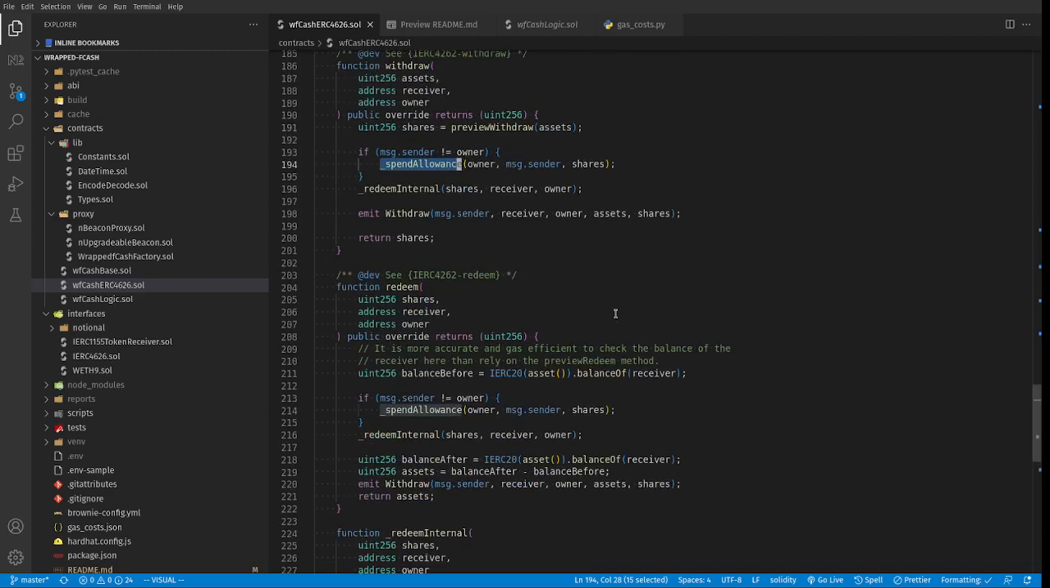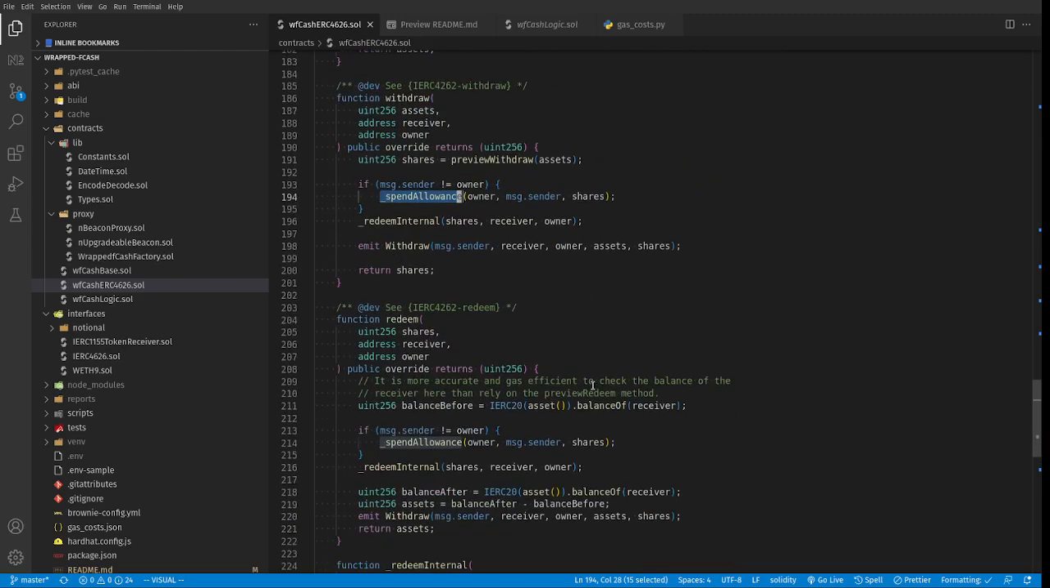Redemption, when interacting with shares, right? Okay. So with these two methods, with all of these methods, I guess,